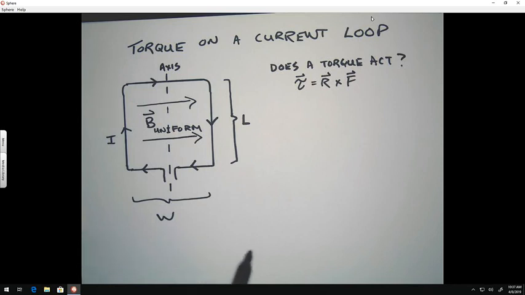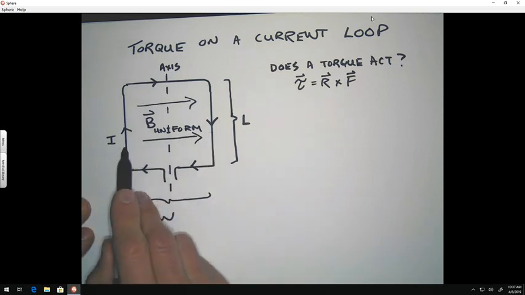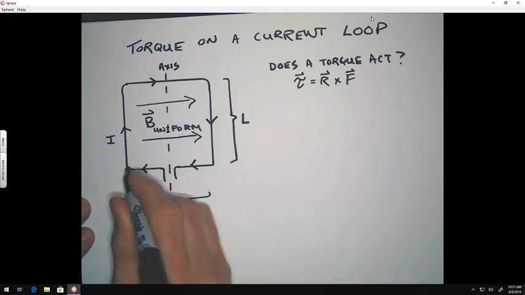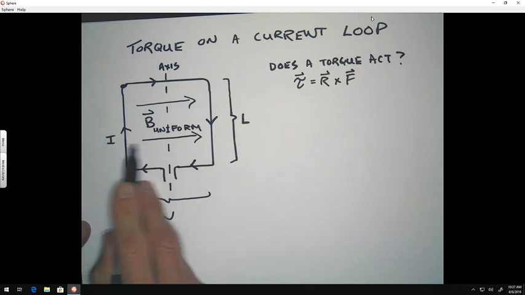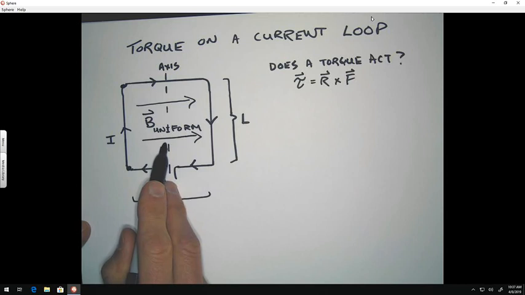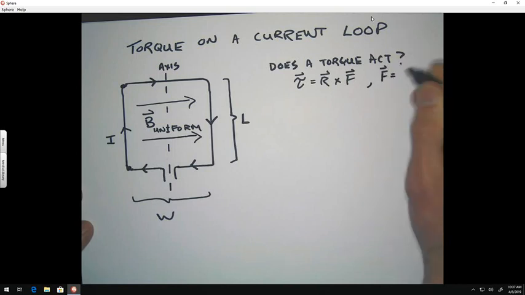Okay. So first of all, let's look at the segment that's over here on the left side. I mean the segment that extends from here to here, between those two points. Does a magnetic force act on that wire segment, just that one piece? And let's take a look. So what we have here is a current that goes straight up, a magnetic field which is going straight to the right. And the question is, is there a force? So what we have to remember is that to test that,